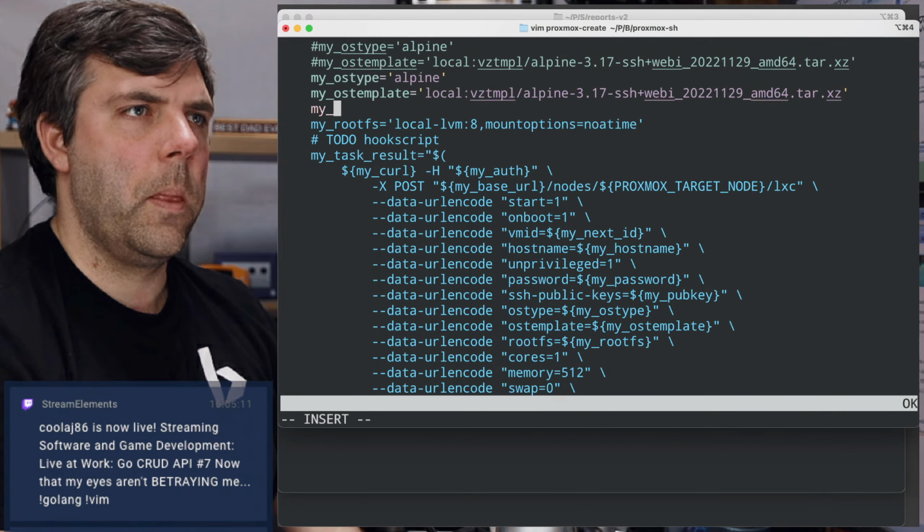My RAM equals 8192, but normally this would be 512.